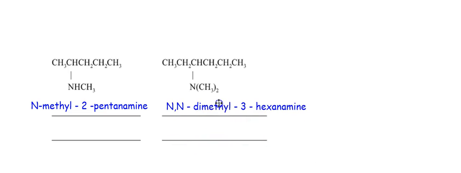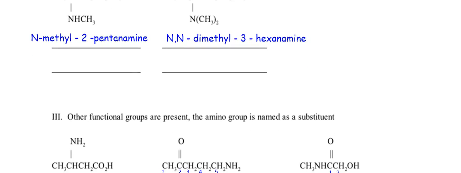All right, I got this: N,N-dimethyl-3-hexanamine. All right, why is it N,N? Because I have 2 carbon groups besides the longest chain on the nitrogen, and they're both methyl groups, so it's N,N-dimethyl. Well, where is this? Well, it's on the 3rd carbon of a 6 carbon chain. Now, I've already alluded to the fact